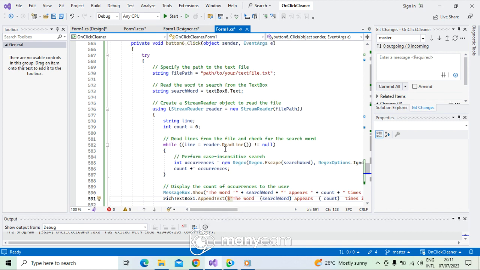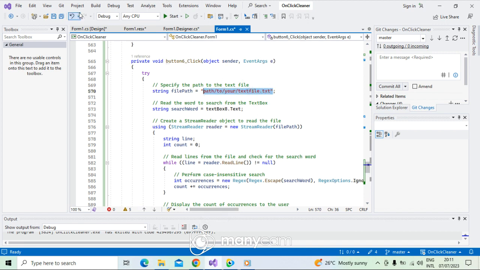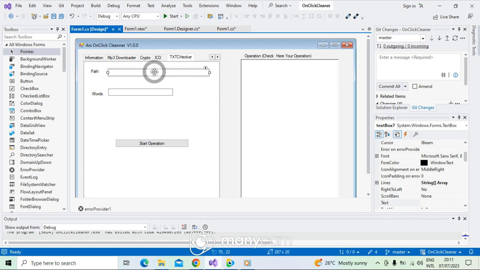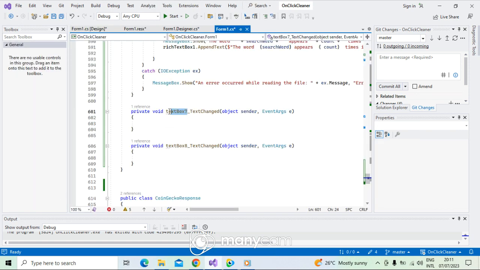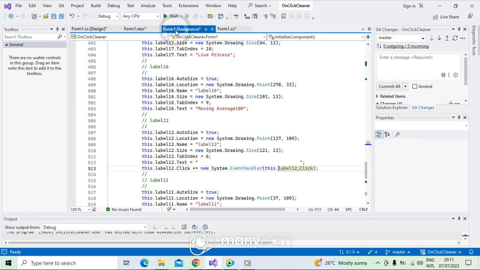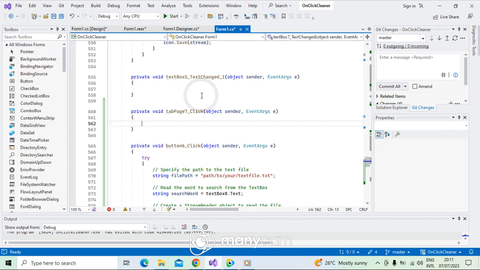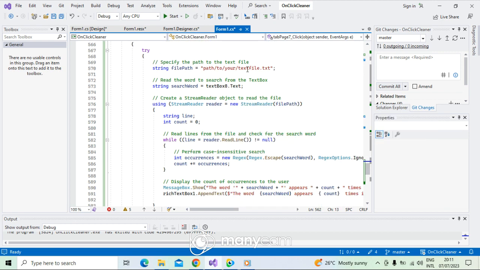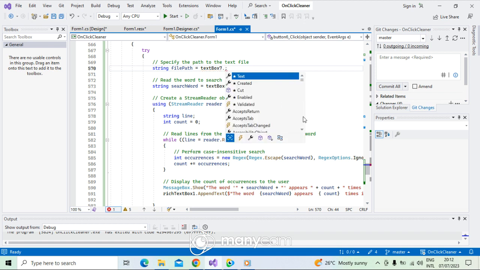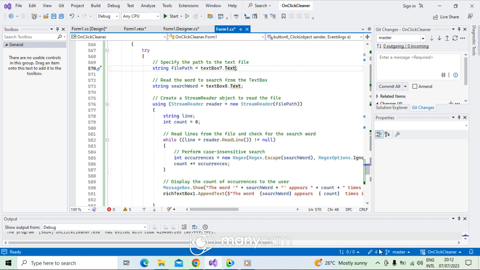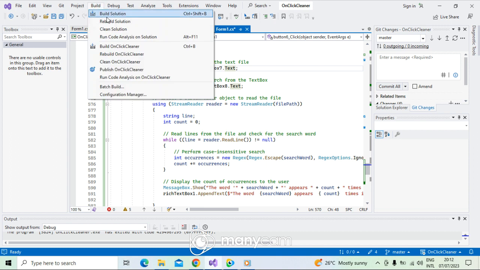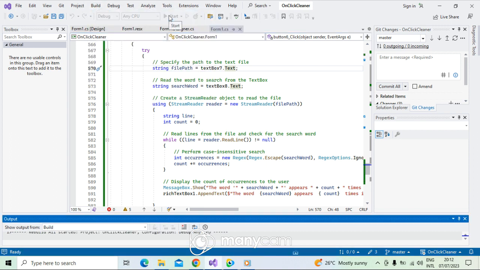We have to change file path, which was in our first one, because we changed it with a text which ChatGPT wrote for us. And I'm coming here right now, and I say here big daddy. I say here this is this, and this is text, and this should now work. Okay, let's rebuild the project. Let's start it,